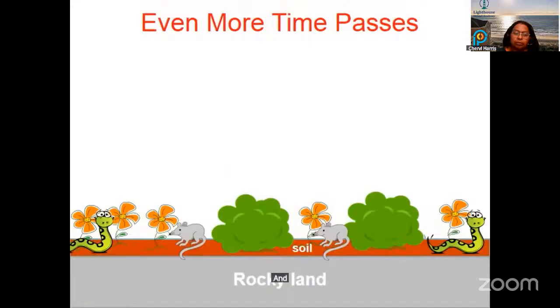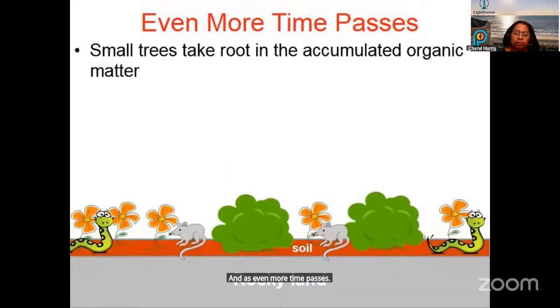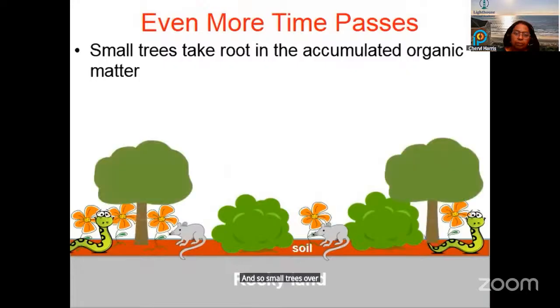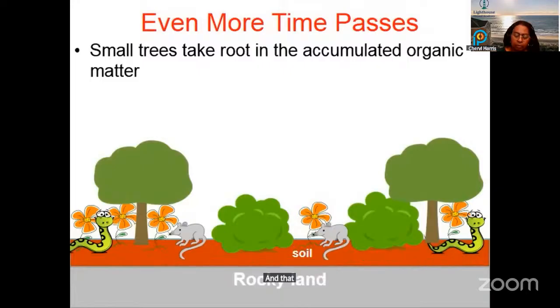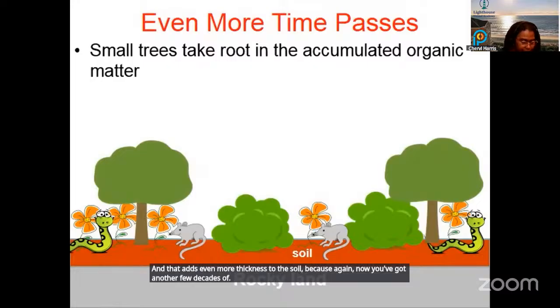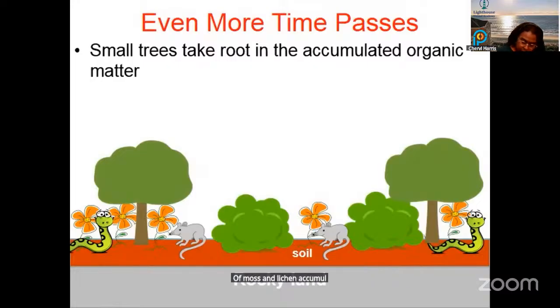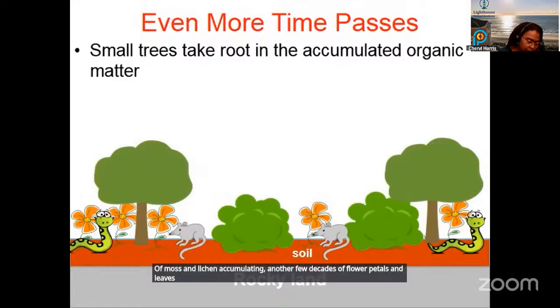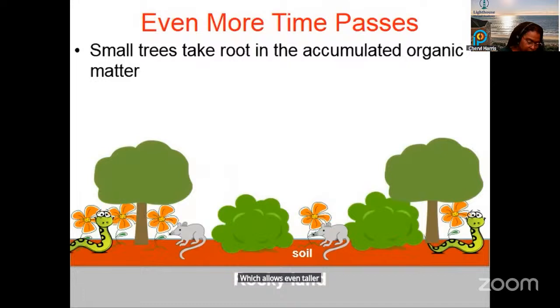And as even more time passes, small trees begin to take root. Again, how do the seeds get there? Well, through wind and through bird droppings. And so small trees over the decades begin to grow in this area. And that adds even more thickness to the soil because, again, now you've got another few decades of moss and lichen accumulating, another few decades of flower petals and leaves and rocks crumbling, and now you have mouse droppings and snake droppings, and all this adds to the thickness of the soil, which allows even taller plant life to begin